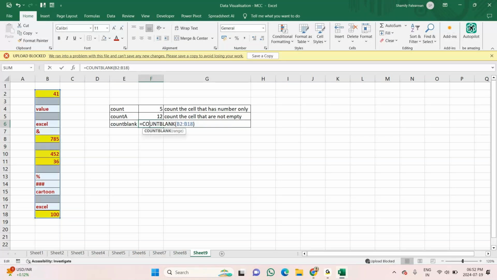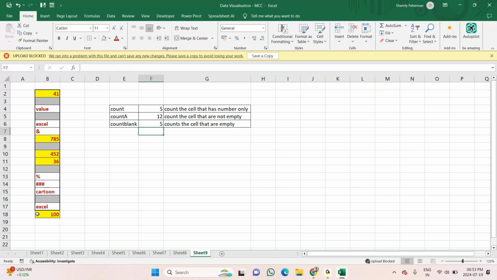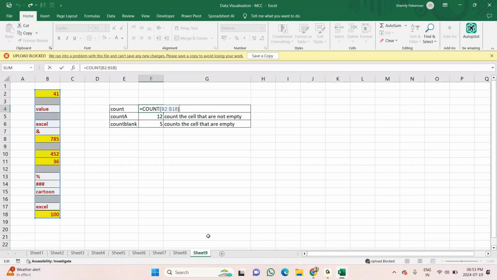And here COUNTBLANK, I'm doing this also again. Equals to COUNTBLANK, I'm giving you the function here itself that I have used. COUNTBLANK, select the range, close the bracket, enter, the blank cells. So this function you have to use, but by selecting the range. I'll keep this available for you. You can try this. Range is the same thing.